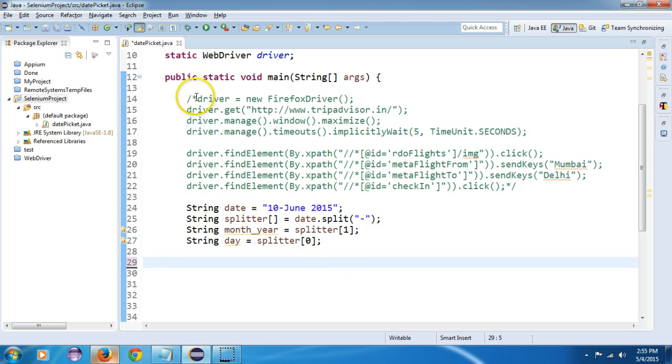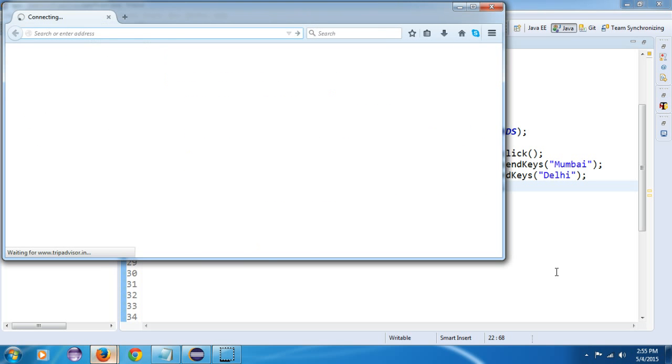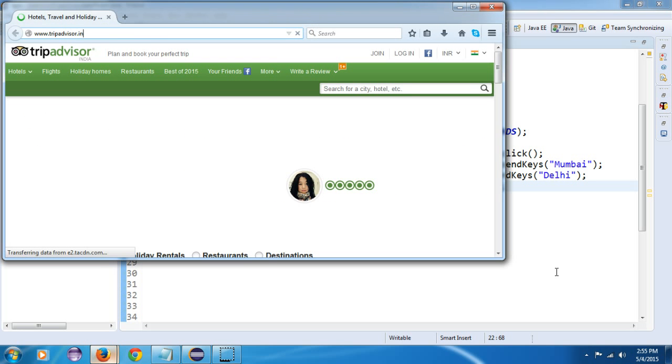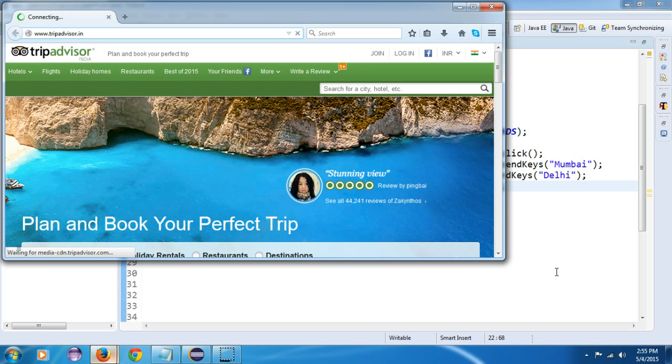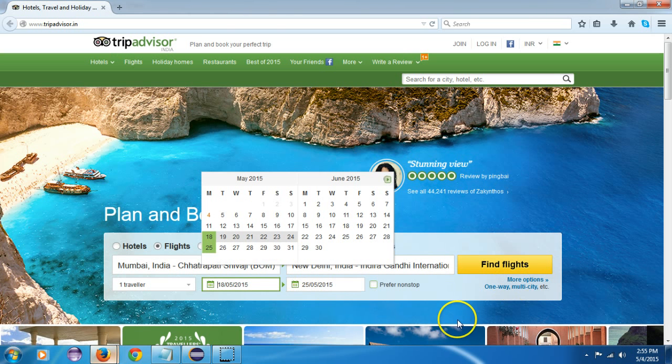Also now I will check that it is working properly and clicking on the date as well or not. Okay, I will right click, run as Java application. Yes, it has opened Mozilla. It has navigated to TripAdvisor. It's loading. It has maximized the window. Yes, it has clicked on flights, entered the from and to city, and it has clicked on this